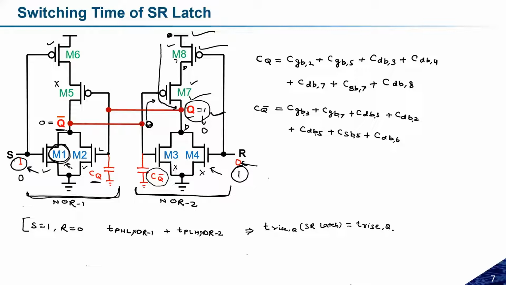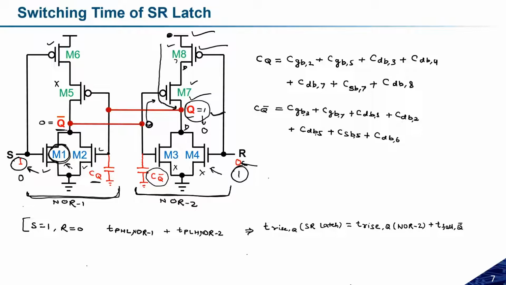Which one can anyone tell me? Is this NOR 1 or NOR 2? Sir, NOR 1. Not NOR 1, NOR 2. Yes, because we are charging the output capacitance of NOR 2. So this will be NOR 2 plus T fall